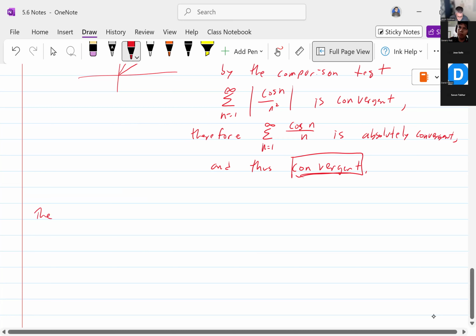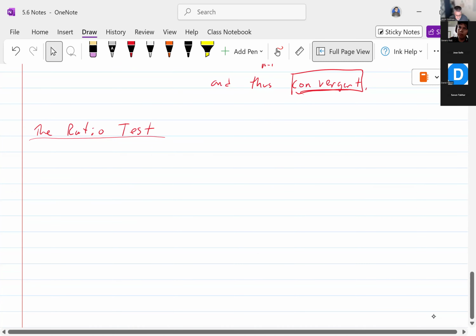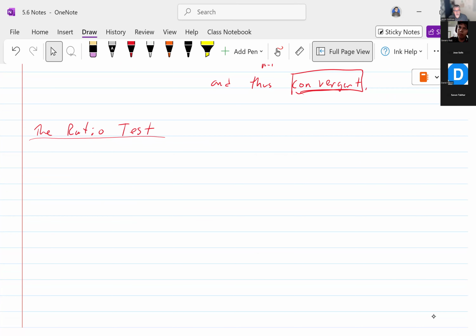Okay, the ratio test. Probably one of the more powerful tests out there. I always kind of look at some series, and the ratio test is right up there at the top of my tools. I'll say, hey, is that going to be good for the ratio test? And I'll just go right to the ratio test. It's kind of my first one that I go to. If that doesn't work, then I'll go to something else. But